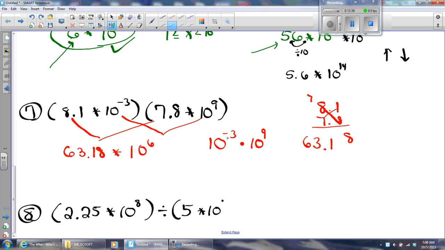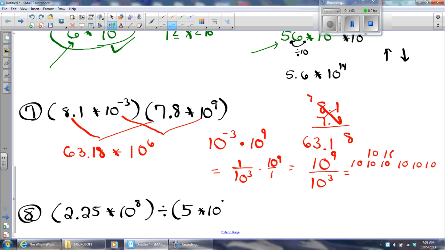Uh-oh, I have a negative exponent. I better use the reciprocal. That would be 1 over 10 to the third times 10 to the ninth, which could be written like this, 10 to the ninth over 10 to the third. Wouldn't there be 9 tens all being multiplied? And then there's 3 tens down here. And these 3 tens would cancel with 3 of those tens, leaving 1, 2, 3, 4, 5, 6 tens being